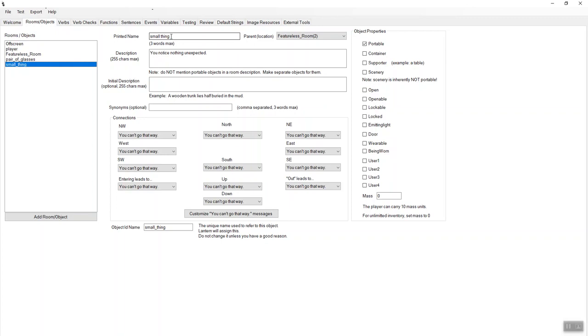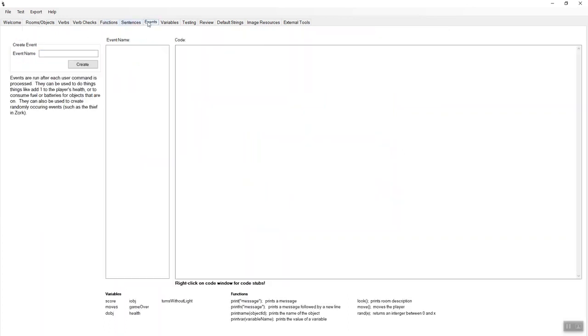So we're going to look at how to change the text on a room and how to change the text on an object. So let's handle this in an event. Let's make an event that checks to see if the player's wearing the glasses, and if so, we'll change the description of the featureless room, which really isn't that featureless, I guess, if you can see the writing. So let's click on the Events tab here, and I'm going to add a new event called